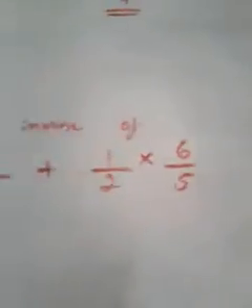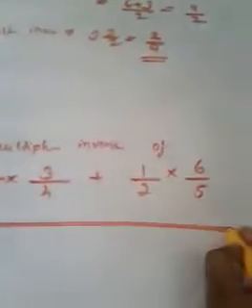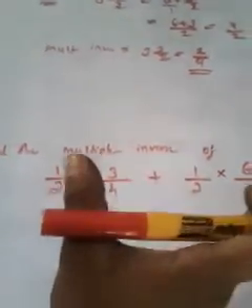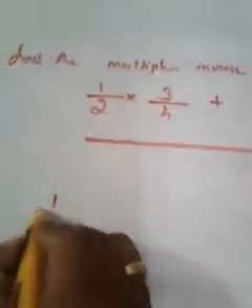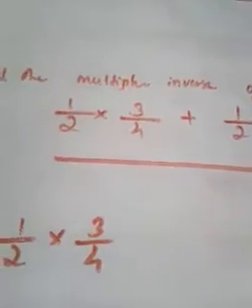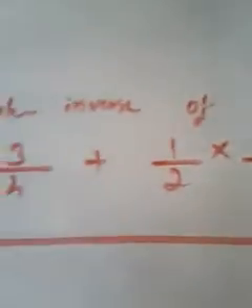I can now just find the multiplicative inverse of this. We have to find the multiplicative inverse of this. This is not simple as 1 by 2 or 3 by 4. This is a huge fraction. We have to simplify it first. So let me simplify 1 by 2 into 3 by 4. In order to take the multiplicative inverse, we have to simplify the fraction like 9 by 2. It is not in a simplified form. Let me simplify it first.